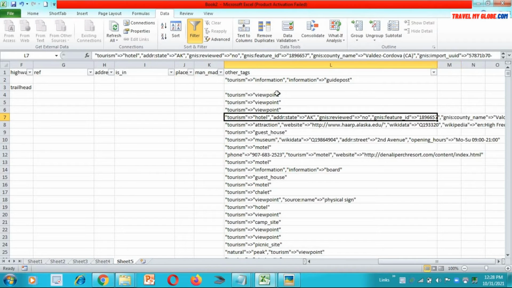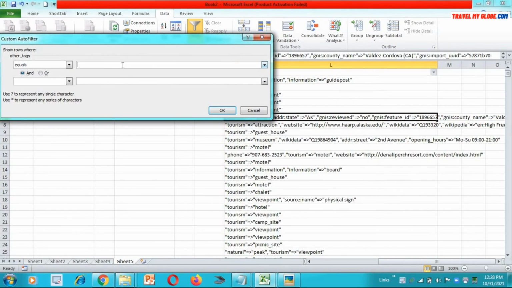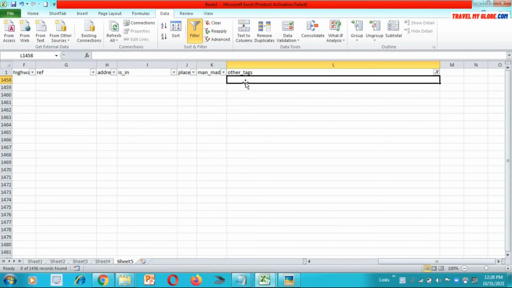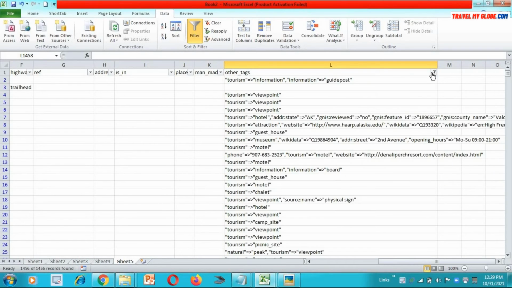Okay, so now the data is in the previous format. So let's work with the option AK equals. We don't have any information that starts with equal.